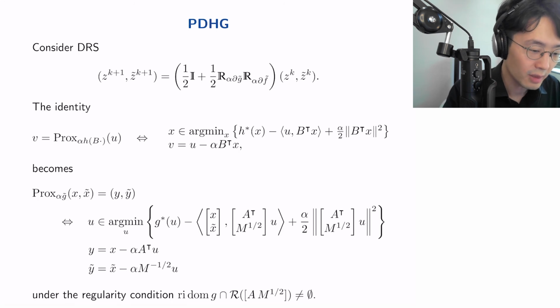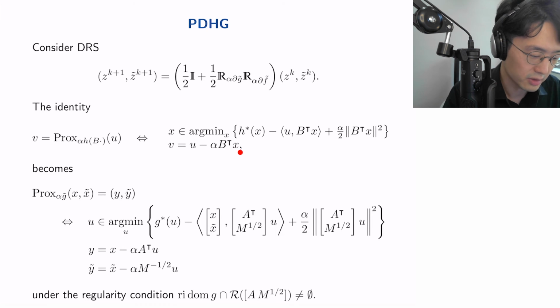The fixed point iteration maps from zk comma z tilde k to zk plus 1 comma z tilde k plus 1. Now, the reflected resolvent with respect to f tilde is rather straightforward to evaluate. The reflected resolvent with respect to g tilde requires a little bit more consideration. So the way we do so is we use this identity, which we had proved before. So the proximal operator with respect to alpha times h composed with the matrix B can be evaluated by first performing this minimization problem, where we minimize h conjugate with these additional terms. And then we perform this matrix vector